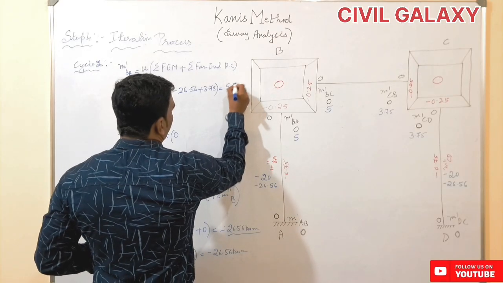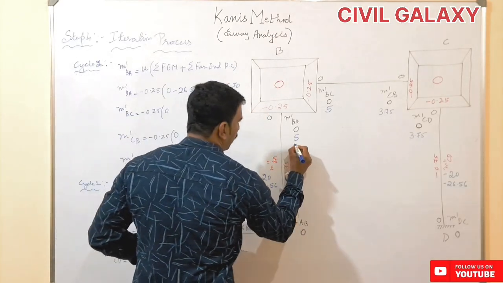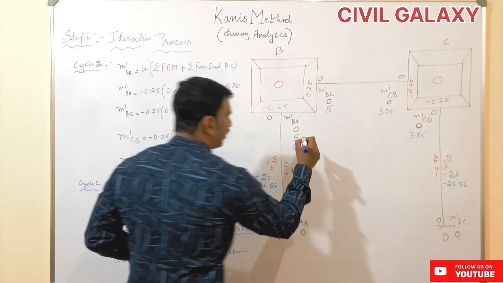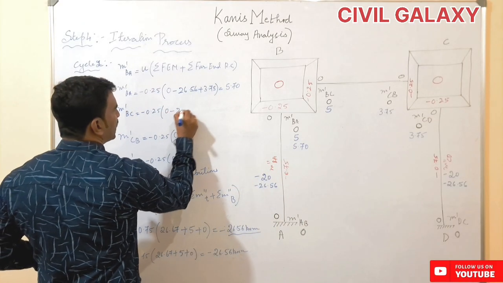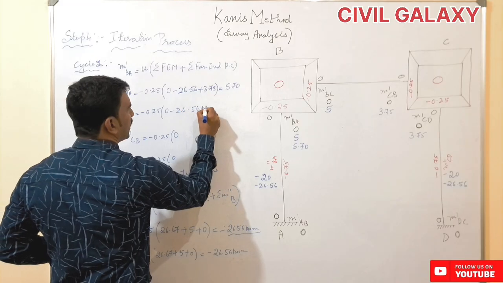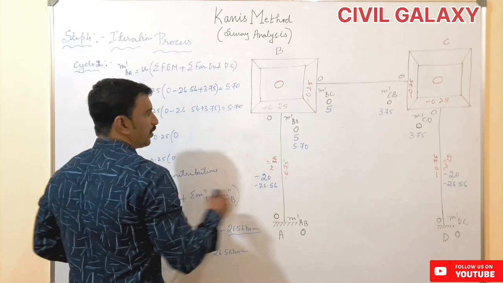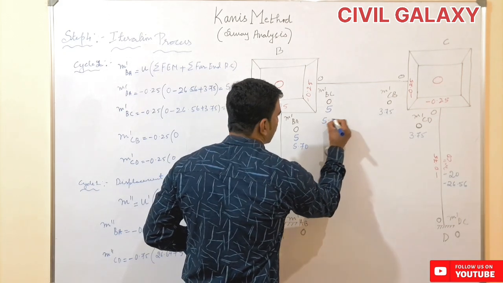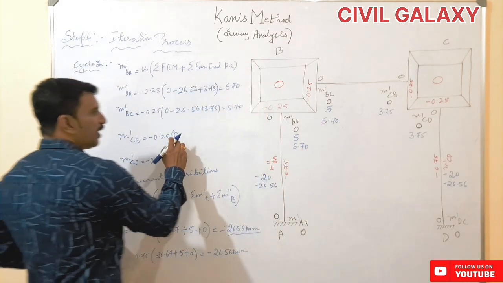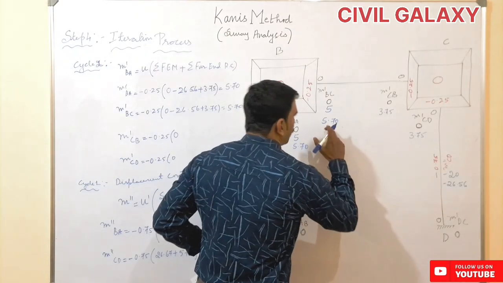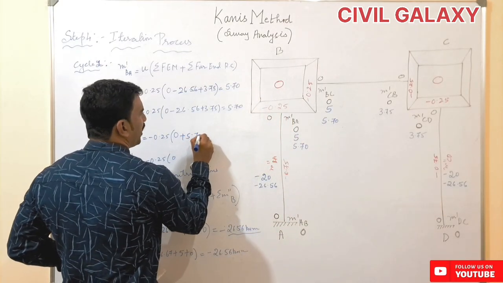So this will be equal to 5.70 kilonewton meters. This value will apply over here, that is 5.70. Similarly, here also the values will be same, minus 26.56 plus 3.75, 5.70. So here also we will get a value of 5.70. Now here the far end rotation contributions, we have got a new value, that is plus 5.70,